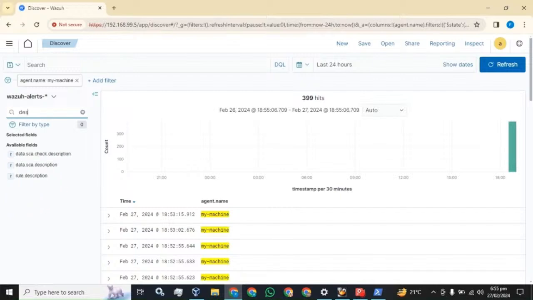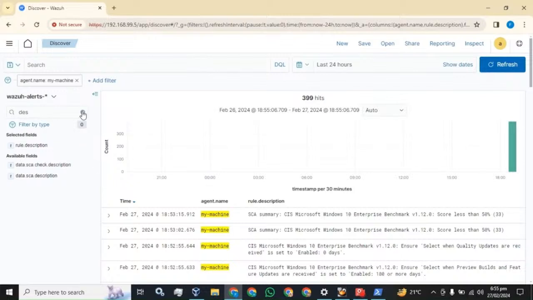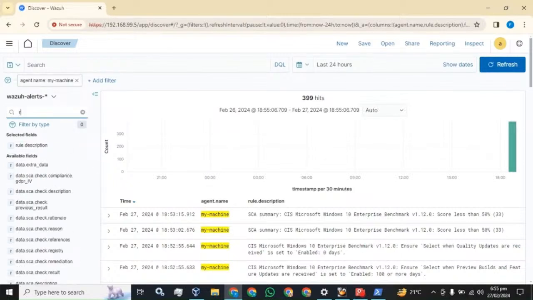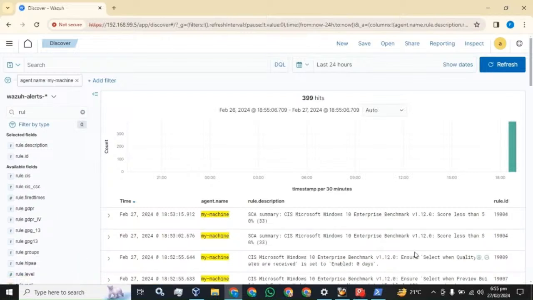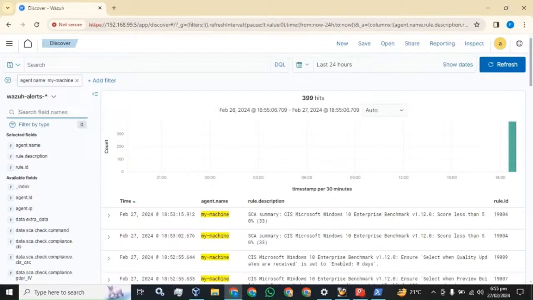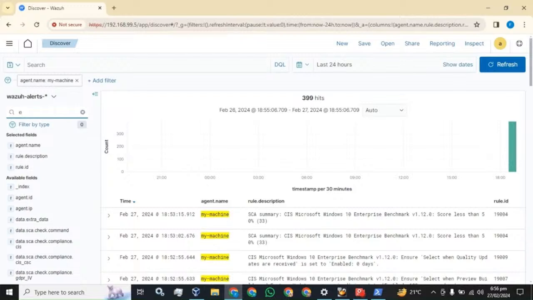Now, description of the rules or the logs. Rule ID. Here comes the rule ID. Now the one most critical is the